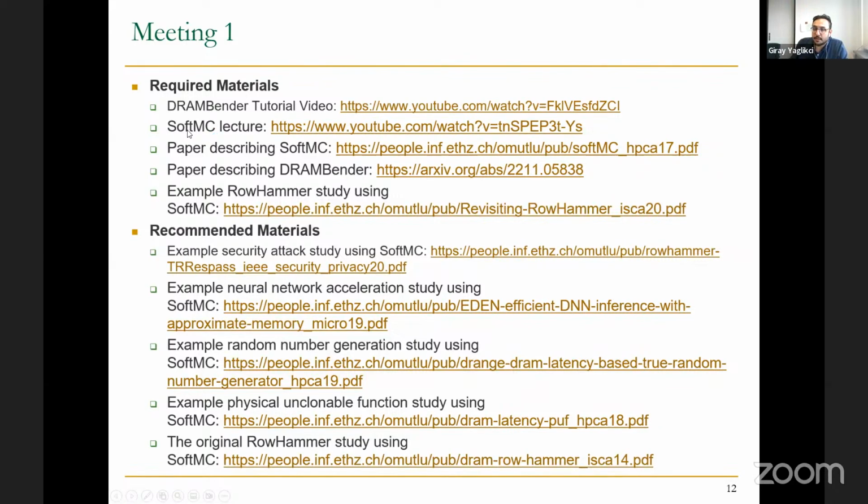So SoftMC is the older version of DRAM Bender, basically. It was published in 2017, and we improved it significantly. Ataberk is the main person who actually improved it and made it a new, more useful infrastructure with its own instruction set architecture. It's a very flexible and easy-to-use tool to test DRAM chips, and it's called DRAM Bender,